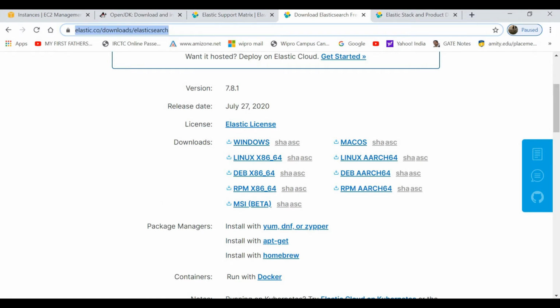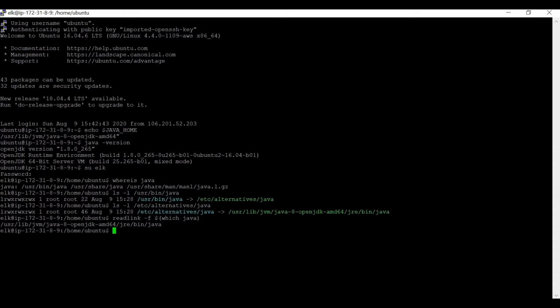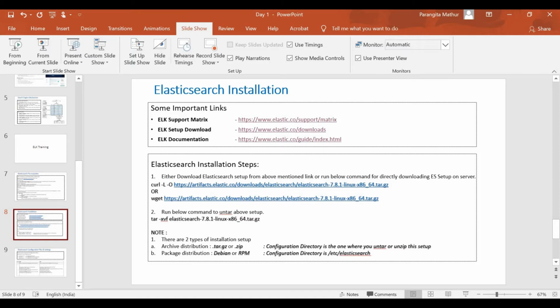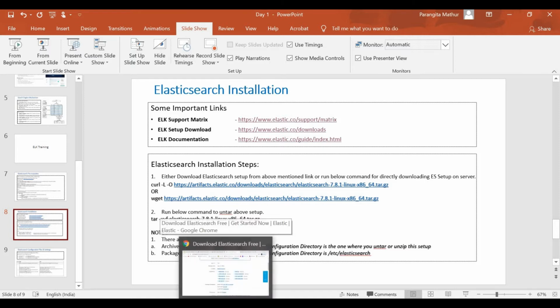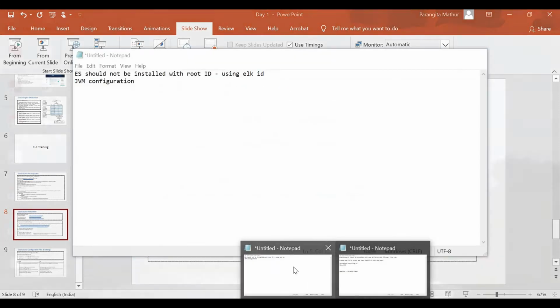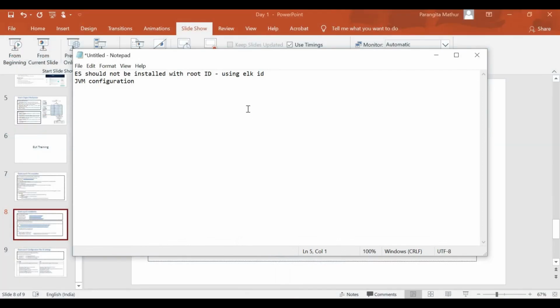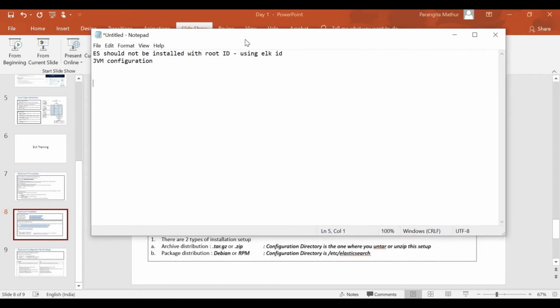Now my next thing is the installation part. The thing which I wanted to discuss is how these installation setups are different and how they actually vary. Basically, there are two different installation setups.